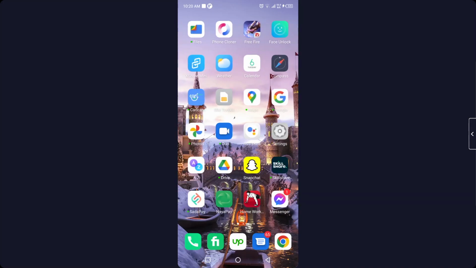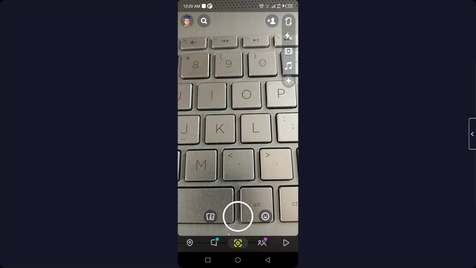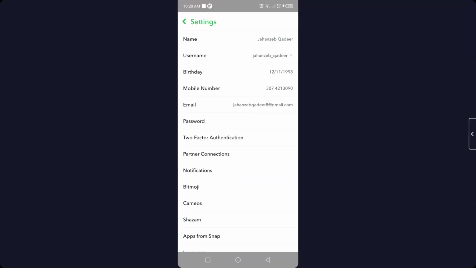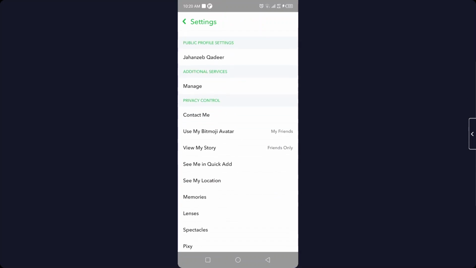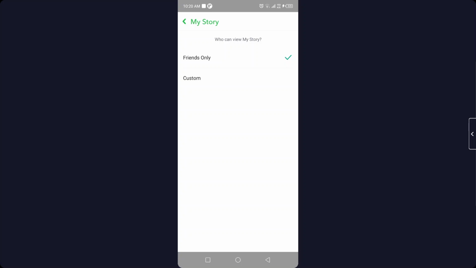So the first step you need to do is to open Snapchat. Once you open Snapchat, you simply need to click on your profile picture on the top left. Okay, and here you need to click on the gear icon in the top right, and then you need to scroll down, and here you can see the option of view my story, and here you need to click on